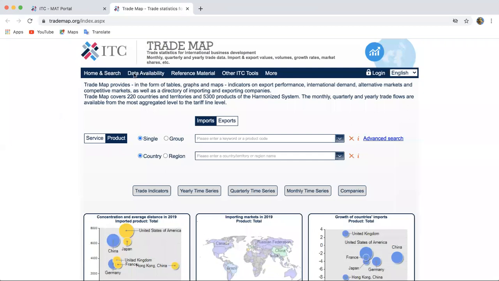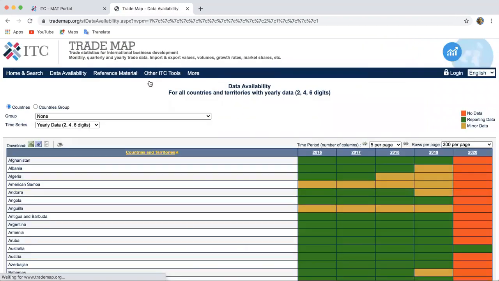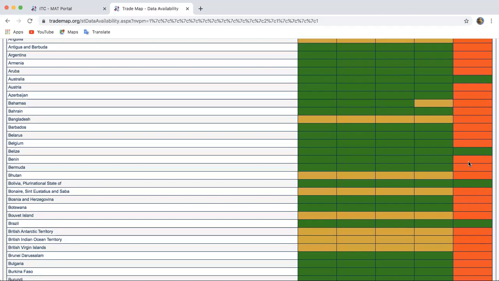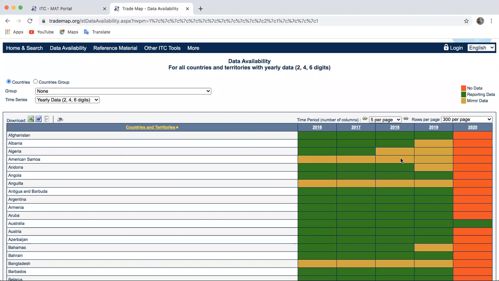Here we have a tab which is called the Data Availability tab, and it's good to know which products are already available, which countries' data are already available or not. If you're interested, for example, I can click on it and you can see that we are now working on adding the latest data for 2020, which is already available for 30% of global trade, but we're actively working on having this up and running as soon as possible. But you can see that for some countries,